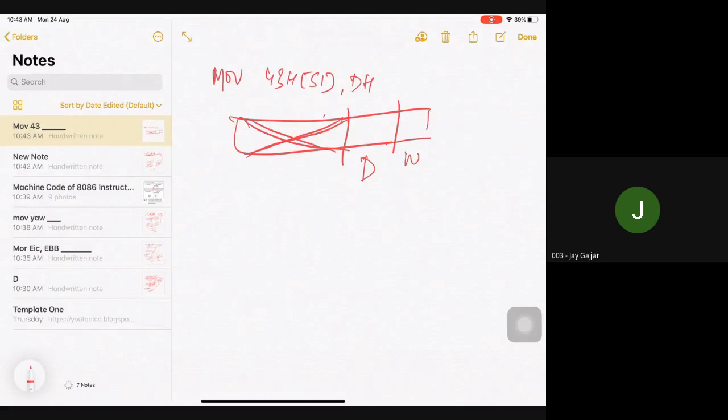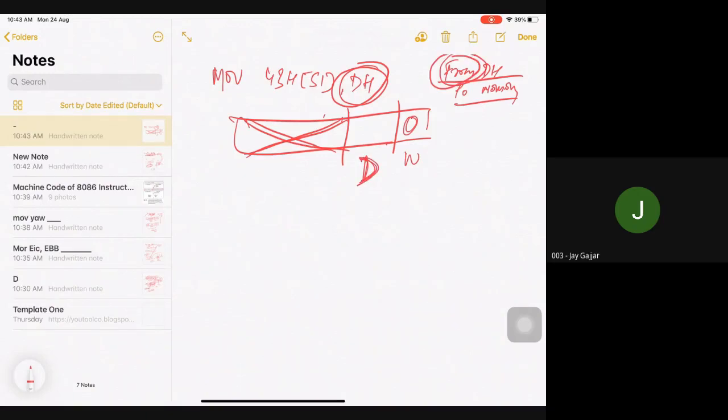Is this an 8-bit operation or 16-bit operation? 8-bit operation because you are dealing with the DH register. So it's 0 here, right? Yes. Data is moved from DH to memory. So that's why you need to write down from in D.